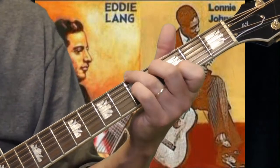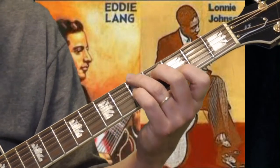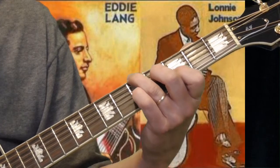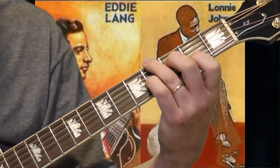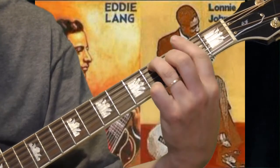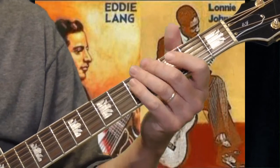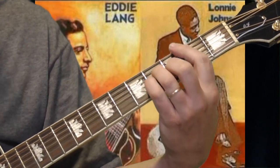So he starts out with that D7 riff, but he only goes through half of it. He doesn't play it all the way through, so it's like this. Then he's going to go to the G. And then here, what I hear is a D, B minor,